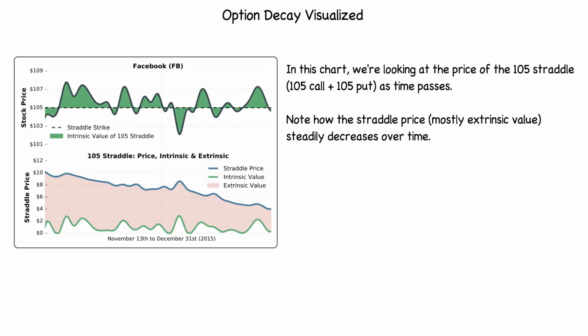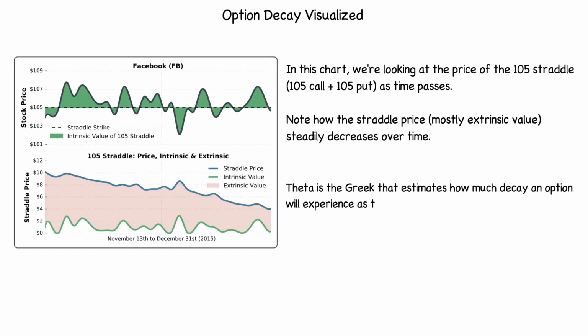So this example is about as perfect as we're going to get in real life because a stock price will never just trade exactly at the same price as time passes, and that means we're never going to have that linear option decay as theta would suggest, and as we looked at in the previous theoretical example. But in this example, we can see a steady decrease in the extrinsic value of these 105 calls and 105